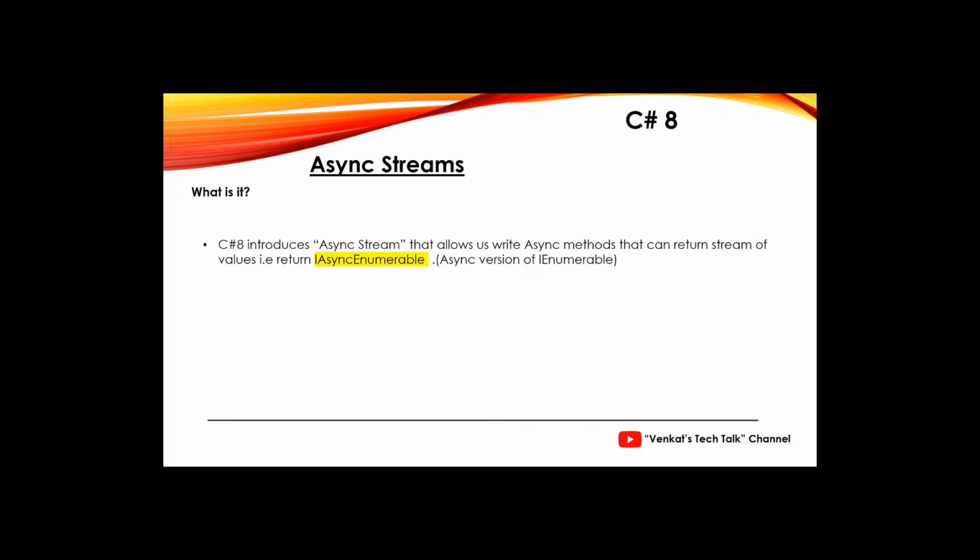So we know that we can return an enumerable from a normal method, which is an IEnumerable. But we cannot return an IEnumerable from an async method. But now C Sharp 8 introduces an async version of all the key stream and enumerable related classes, and we will be able to return an enumerable, but it will be an IAsyncEnumerable. Okay. So if you look at this approach, this tries to give a solution to a Java or JavaScript equivalent